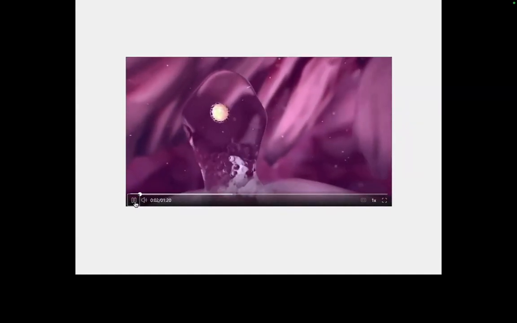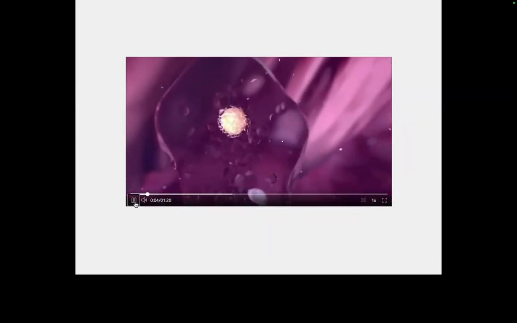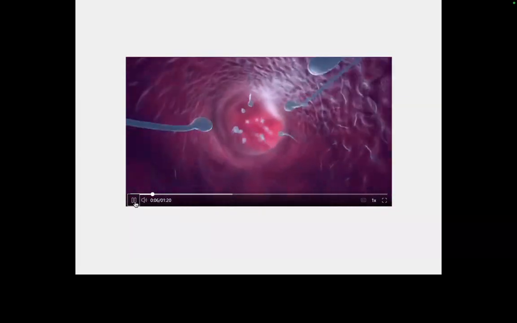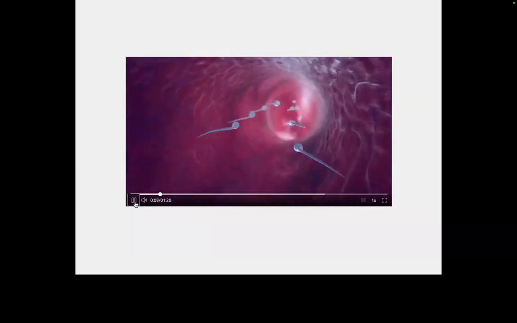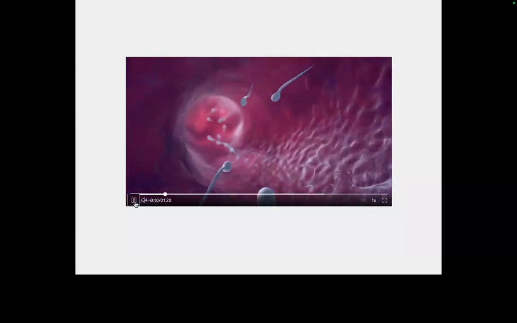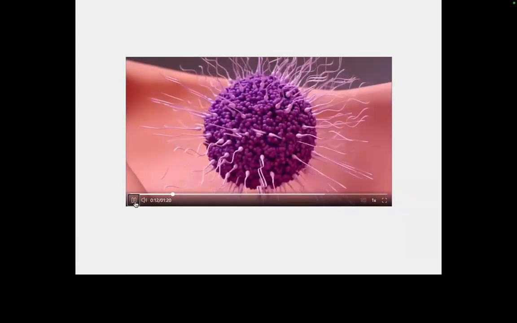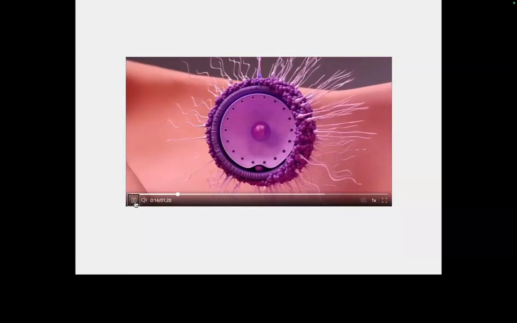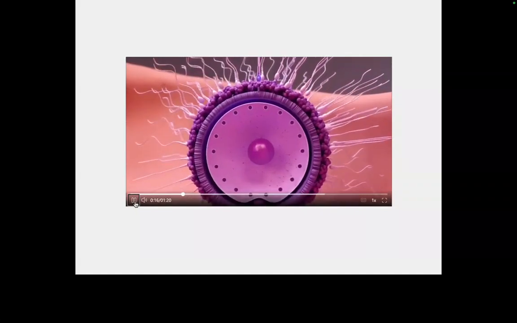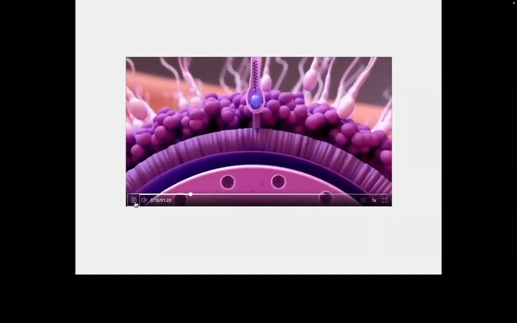While you release only a single egg each month, your partner releases millions of one of these processes